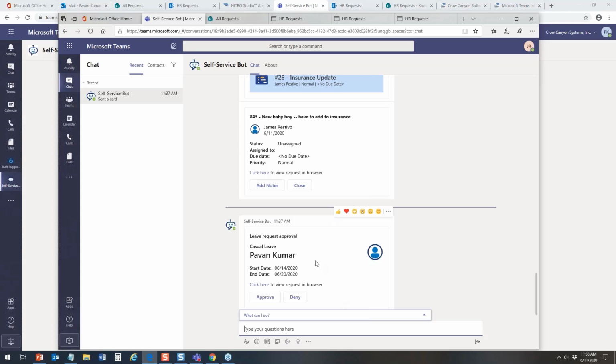But here we have a case where James specifically is being asked to deal with a leave request approval. This is information that was put there. Pavan chose casual leave. We know it's Pavan. Have a picture of him, I suppose. Start date, end date. If you want to view the whole request in a browser, you can. If you need more details, but if you simply want to approve it or deny it, you can. Be a bad guy and deny it. No, let's approve it. Let's let him go to Yosemite next week. So the thing is,